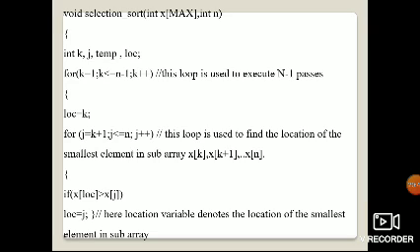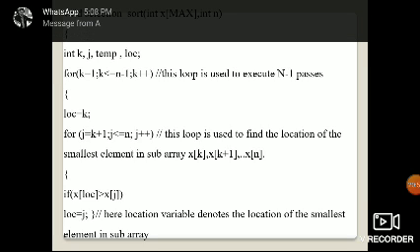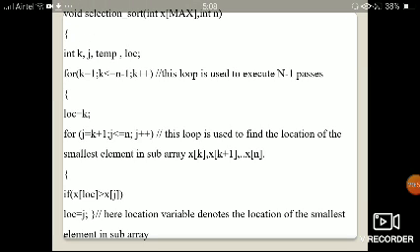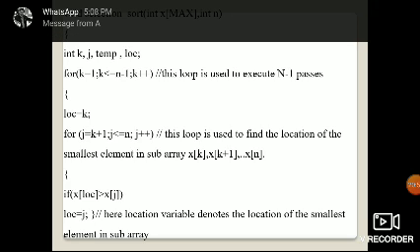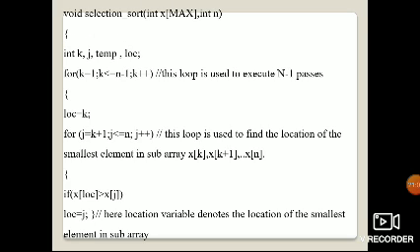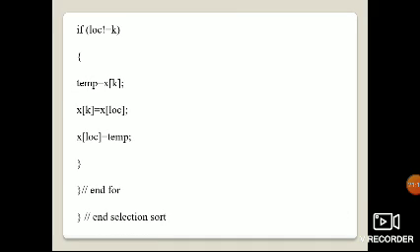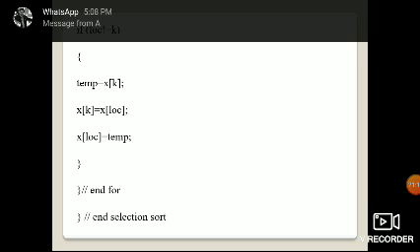The value at the location is compared with the j value. If the condition is true, the j value has to be located into the location. Again it will check the location and the k value, whether they are equal or not equal.